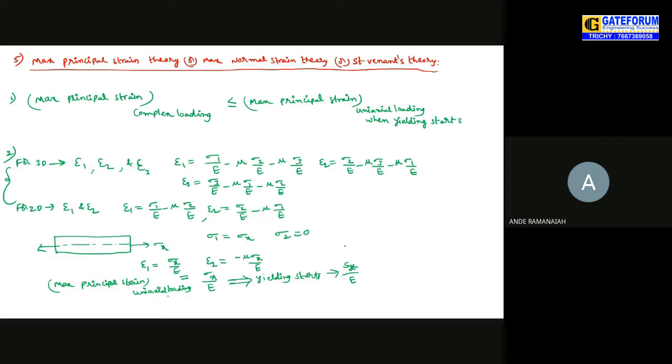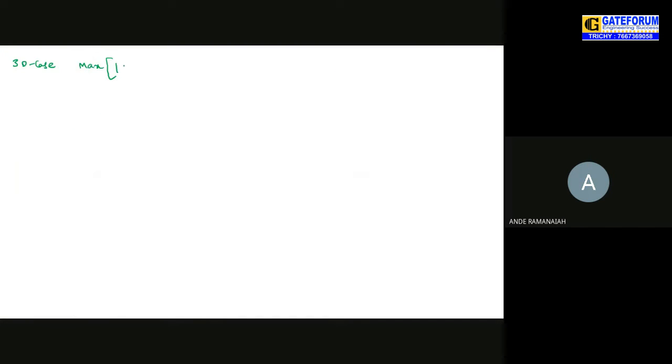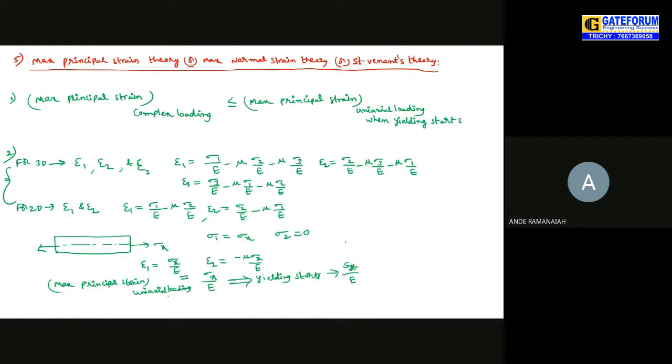Now I'll write the governing equation for the three-dimensional case. We have three principal strains, and out of these we have to find the maximum one. So the maximum of epsilon 1, epsilon 2, epsilon 3. We have to take the mod value here also, whether it is compressive strain or tensile strain doesn't matter, so we need the magnitude. And the right hand side term, which we have just calculated, is SYT by E.